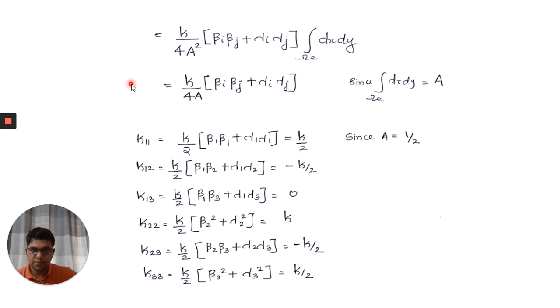So now you can find out K11, K22, like that, the values in the element stiffness matrix, just by substituting i equal to 1 to 3 and j equal to 1 to 3. So that you are able to find out K11, K12, K13, K22, K23 and K33. Remember that the element stiffness matrix, you can check and prove, is actually a symmetric matrix. So you don't need to find out all the values. You need to find out only the 6 values.